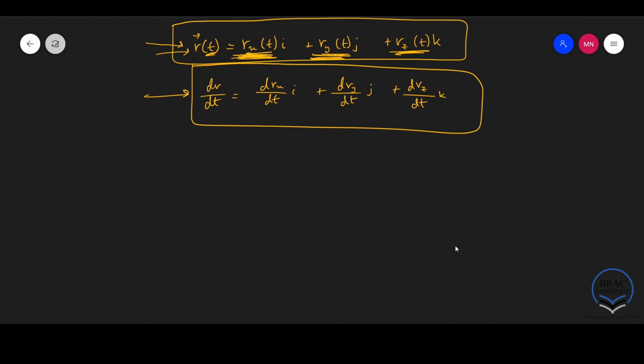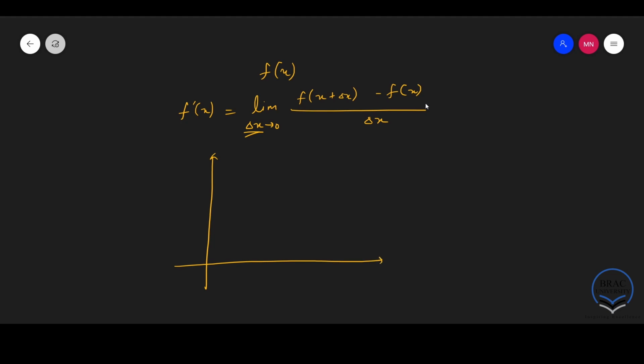Well, if I go back to the limit definition of a derivative of some function, let's say I have some function f, then according to the limit definition of the derivative, it is defined as the limit as delta x approaches 0, where delta x is some change in x, of f of x plus delta x minus f of x divided by delta x. So if I were to draw the graph of some function like this,